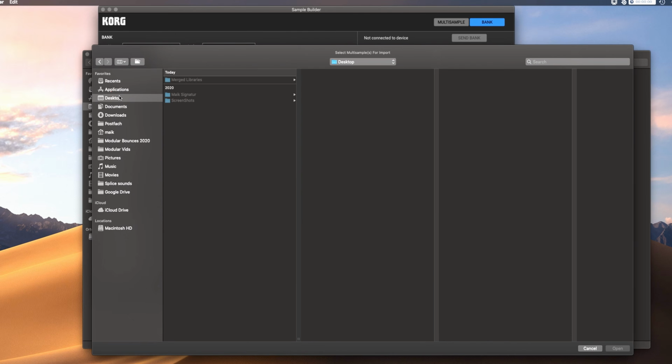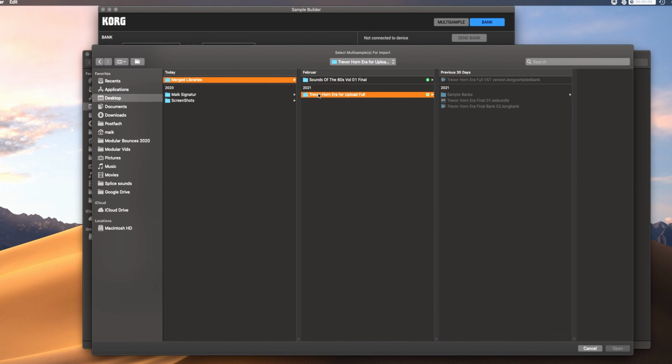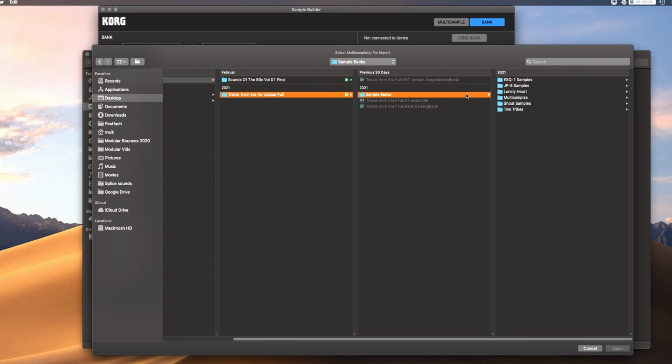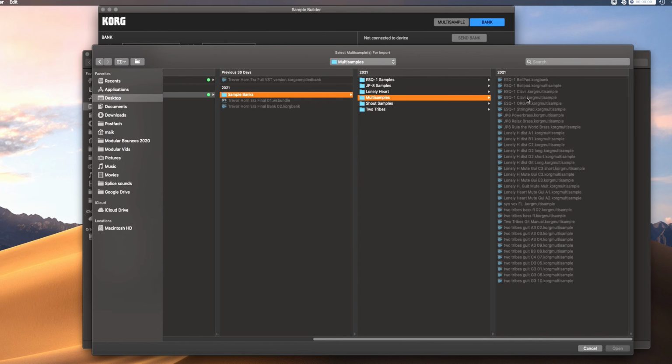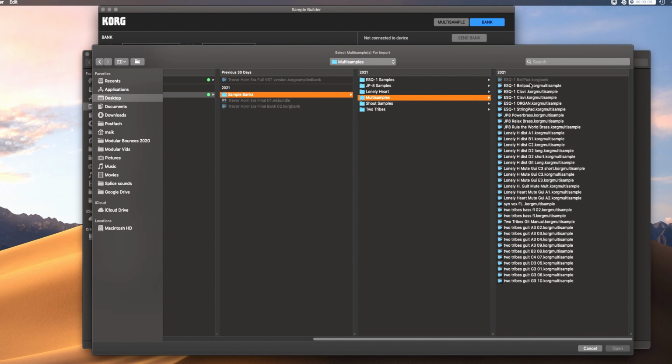For that I go into my merged folder again and select the Trevor Horn folder, go into sample banks because that's the place where the multi-samples are, and in the multi-sample folder I just select all these multi-samples and press open.